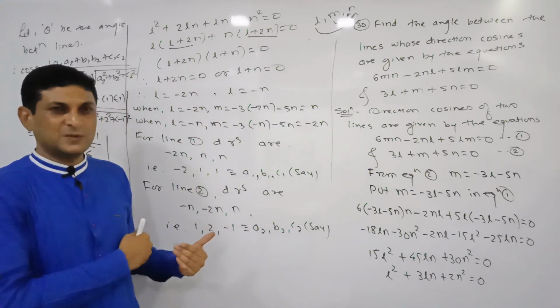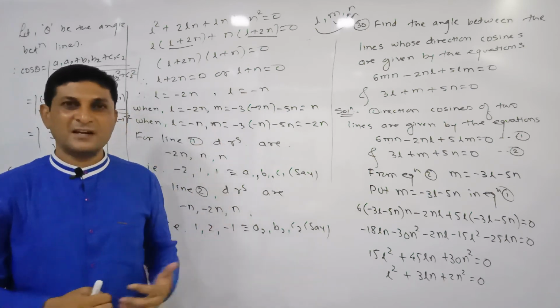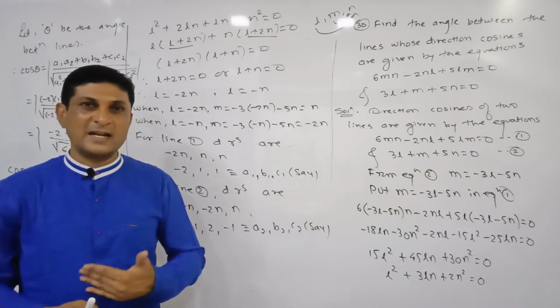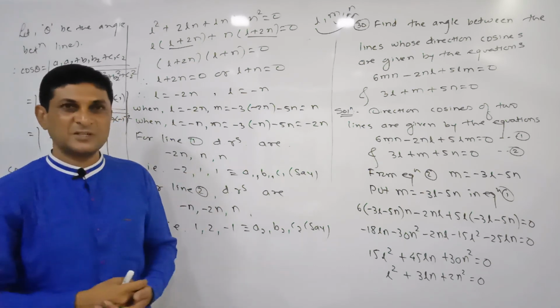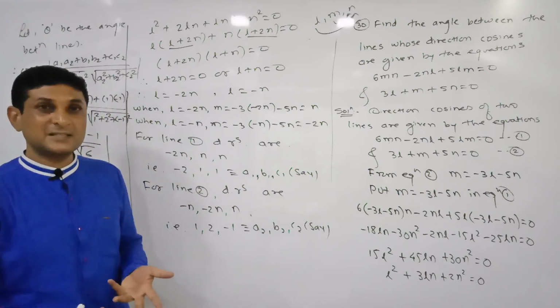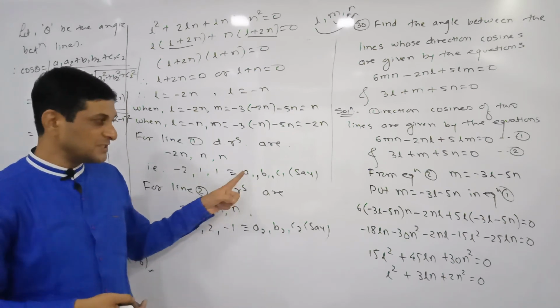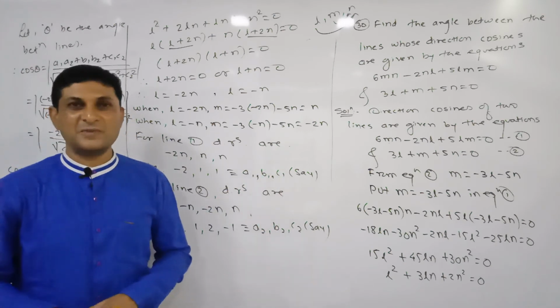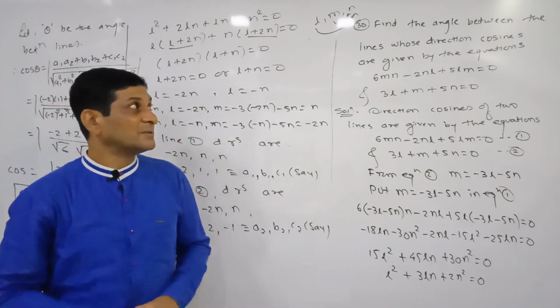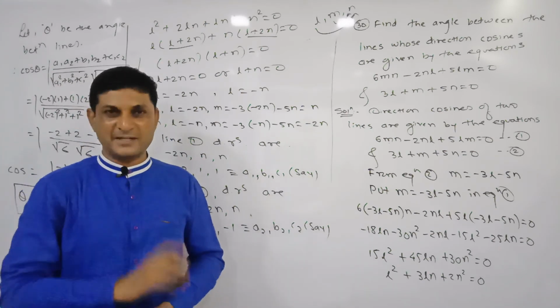After this, the question here asked us to find the angle, so we found the angle. If they say show that the lines are perpendicular, then check that a1 a2 plus b1 b2 plus c1 c2 is equal to 0 or not. If they are asking whether the lines are parallel, at that time which condition is satisfied? a1 upon a2 is equal to b1 upon b2 is equal to c1 upon c2. So to solve such types of examples, a little bit of practice is required.